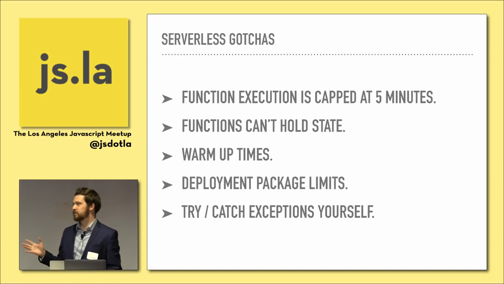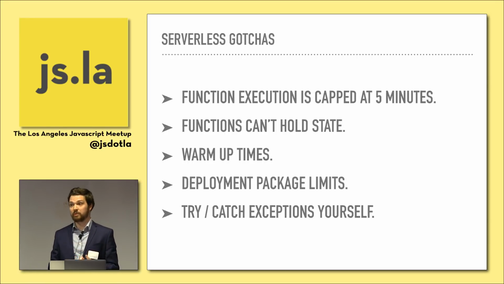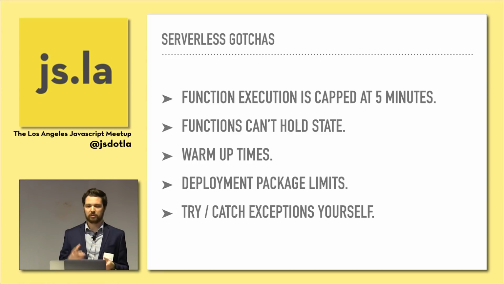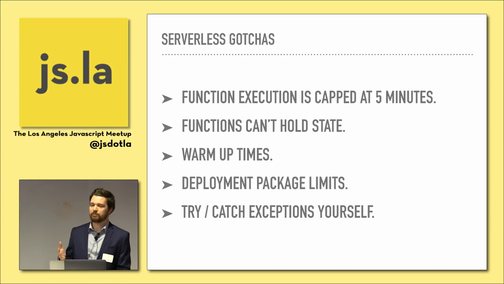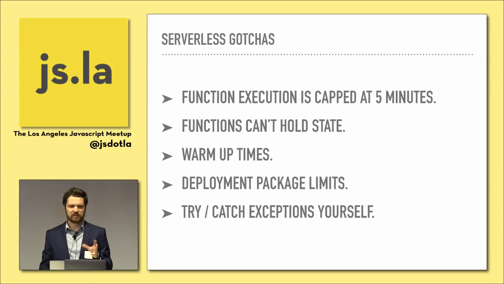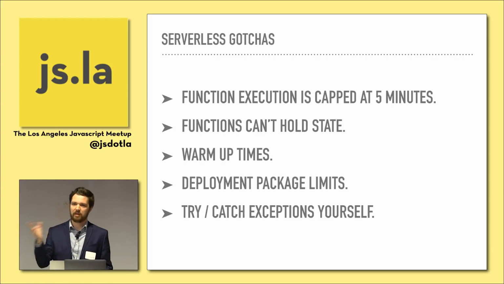The deployment package also has its limits. There are limits on how big your individual Lambda can be. If you package a lot of stuff in there, that cannot go forever. There are different limits. I don't remember off the top of my head, but I think it's over 100 megabytes for uploading a Lambda from a web interface, and about 7-ish if you upload it from the API. So just make sure that you slim things down. There are also plugins that basically take this whole Lambda and compress it.